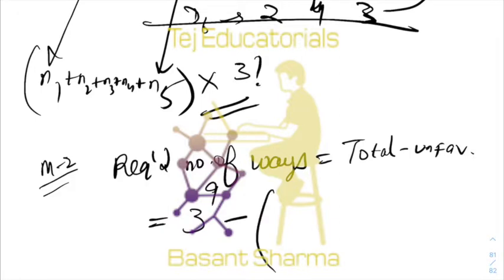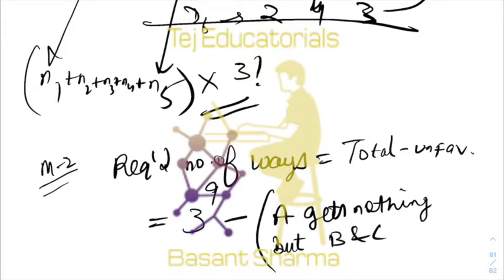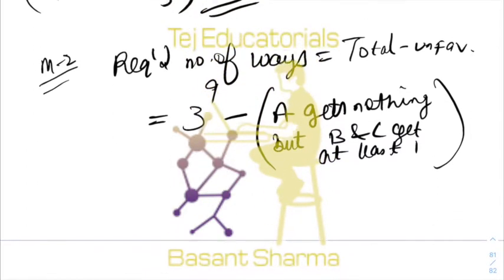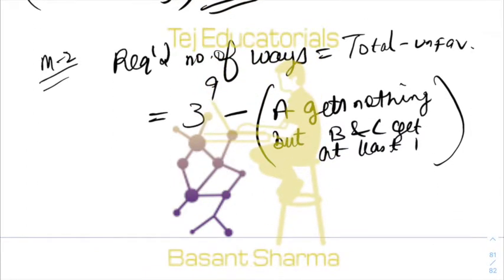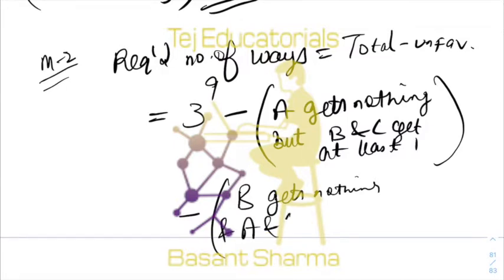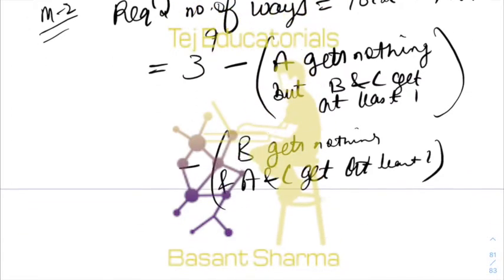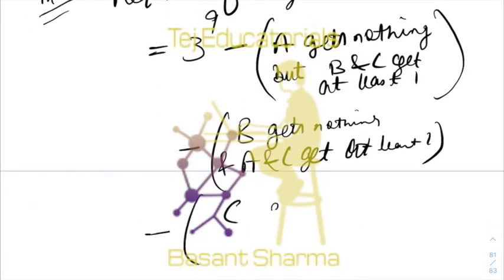Unfavorable case would be when A gets nothing. One of the unfavorable cases would be A gets nothing, but B and C get at least 1, right? A gets nothing and B and C get at least 1, minus B gets nothing and A and C get at least 1. Similarly, C gets nothing and A and B get at least 1,